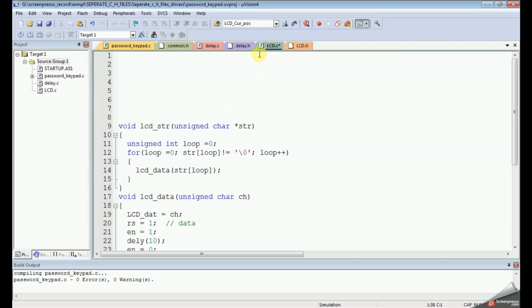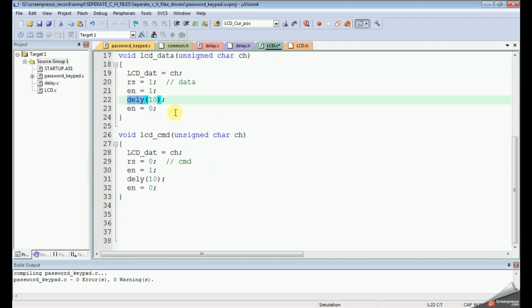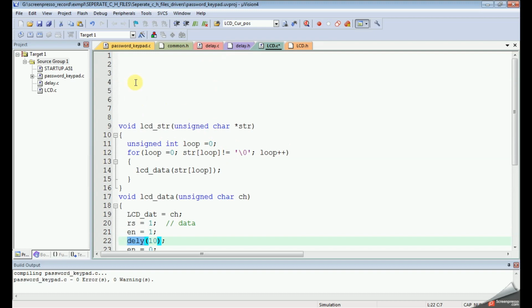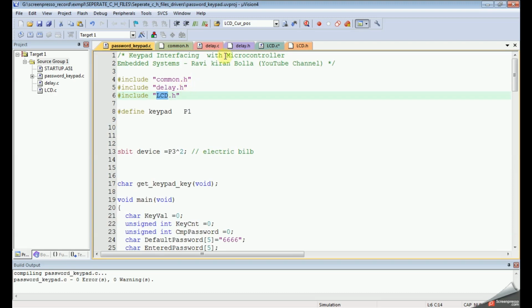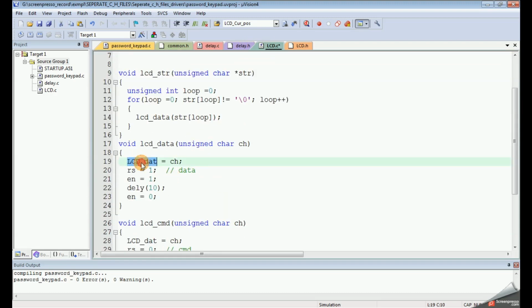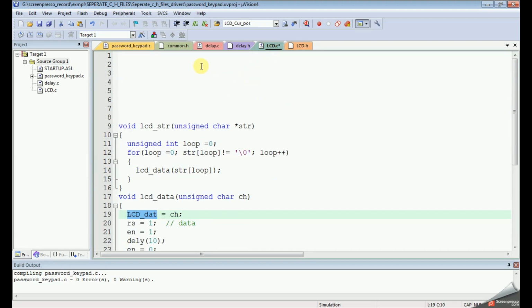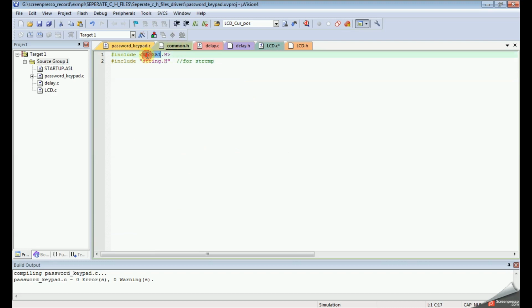If we look at lcd.c, we are using some delay functions, so we have to include the delay header as well. And in lcd.c we are using the LCD data, which is nothing but port functions, the IO ports we are using. So we have to include the header file here, that is this one.